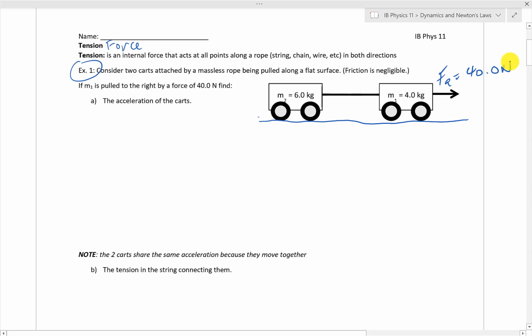So first things first, tension acts along a rope, chain, wire, anything sort of a string that will not extend itself. So it's a tight rope, tight mass. Usually it's assumed to be massless in a question, so you don't have to worry about the force due to gravity acting on it. But imagine at the very beginning, when the carts are not moving, this applied force is not pulling on this mass. The rope here is probably not tight. It's just slung slack, and not until this applied force pulls this cart towards the right